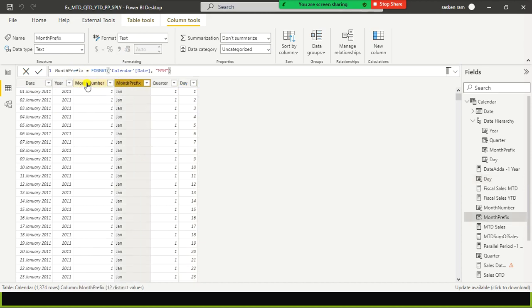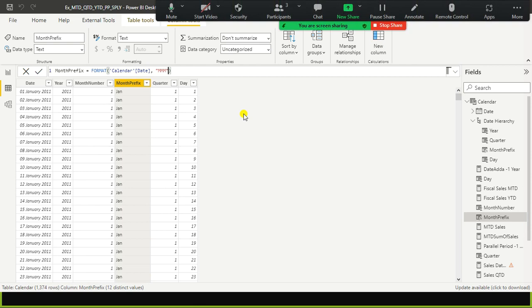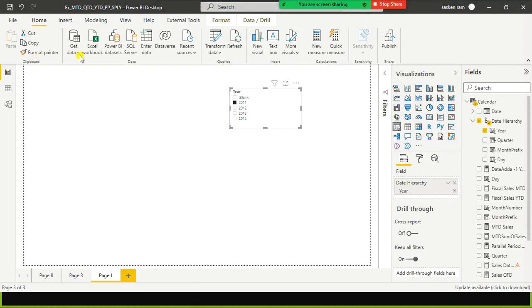And for the month prefix, you can use something like the FORMAT function, using which you can specify the month prefix. We discussed the shortfalls of using the date table created by Power BI Desktop in the past. To overcome those limitations, we have created this one. So next what I do is I just go ahead and